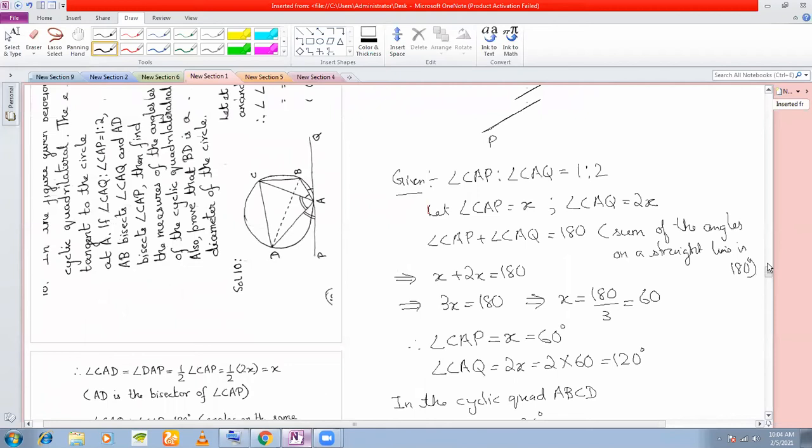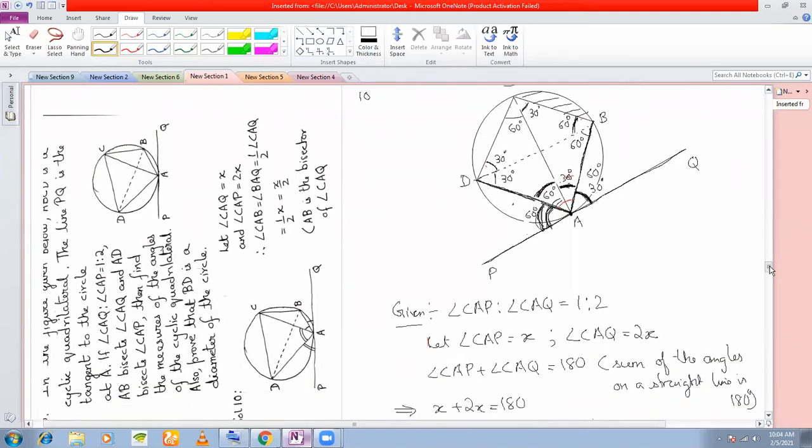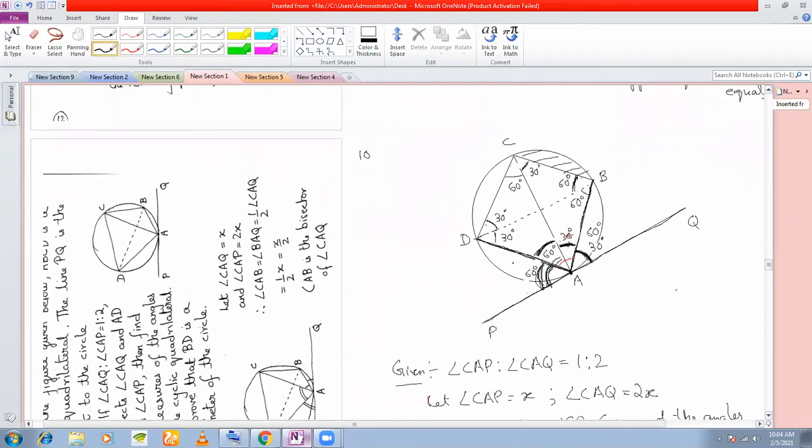Okay. Any question from this? No questions? Next, the next part of the question is also prove that BD is a diameter of a circle. Is BD a diameter? Can you tell me, is BD a diameter? Anyone? Can you tell me if BD is a diameter? Why should I say that BD is a diameter?